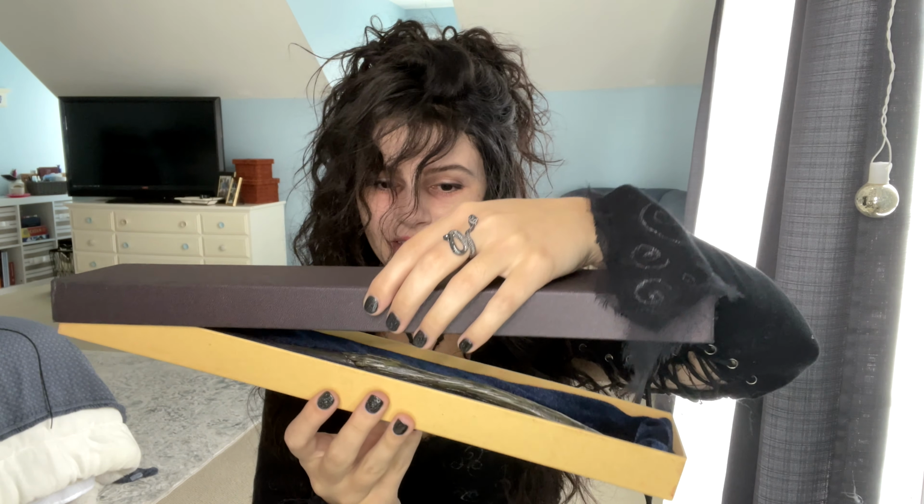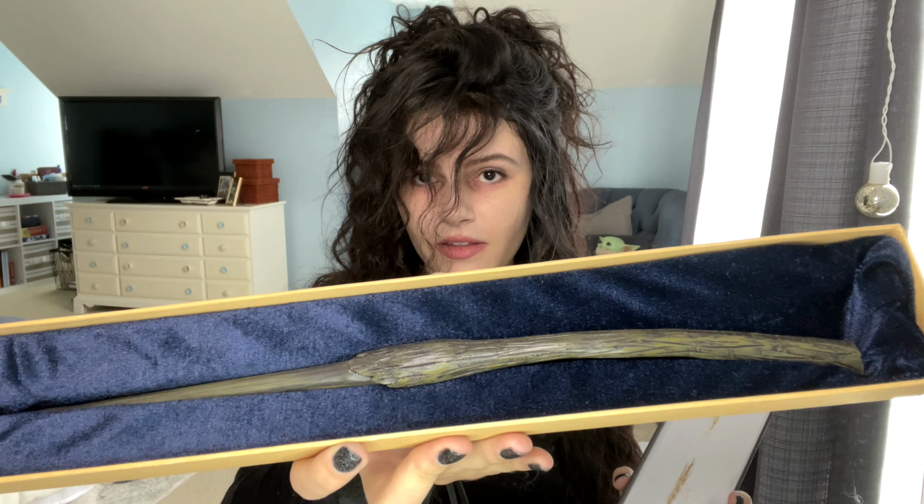But I digress. Let's talk about her wand. So this is also an Etsy purchase. I love buying Harry Potter wands because they come in a wand box and they have the little name on the end. So we can unbox here. Cute holder. And of course,